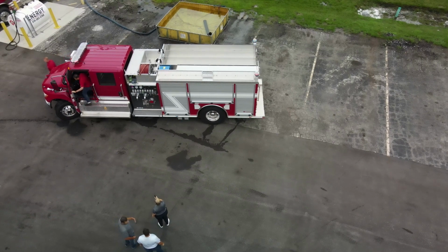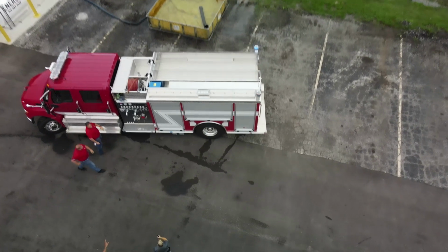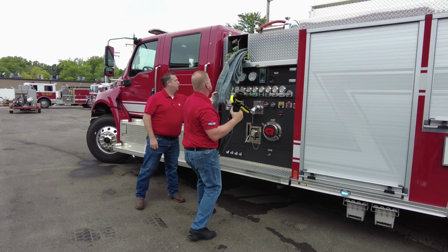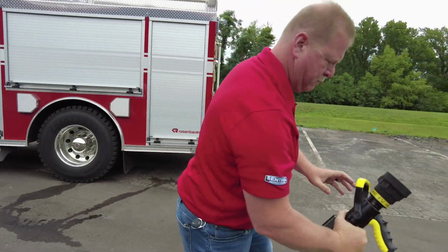So if you notice, he put the truck in gear. Boost actually does the auto tank to pump for you. So it does open the tank to pump. It does burp the pump of air. So if you notice, Steve took just a second there. He activated the nozzle. So now they're going to deploy their lines and they're going to head out to flow